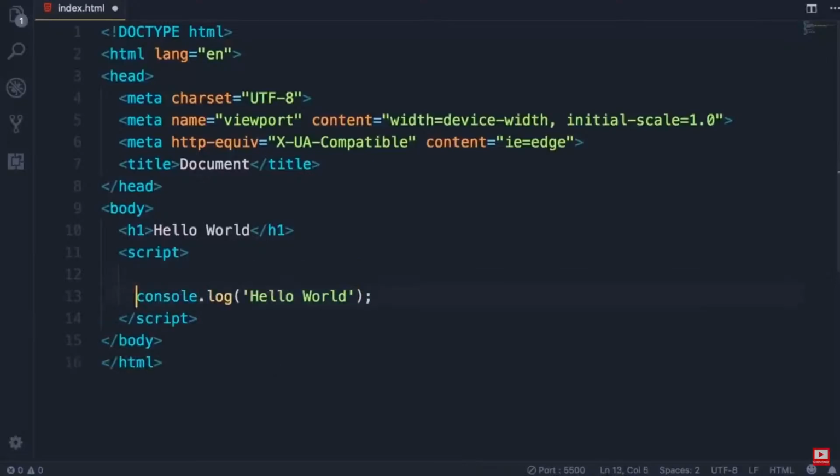Now in JavaScript, we also have this notation. We can add 2 slashes, and this represents a comment. So here we can add some description to our code, and this description is ignored by the JavaScript engine. It's not executed. It's purely for documenting the code when you want to explain to other developers why